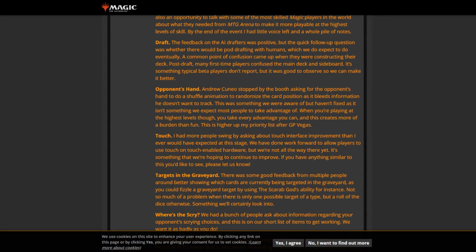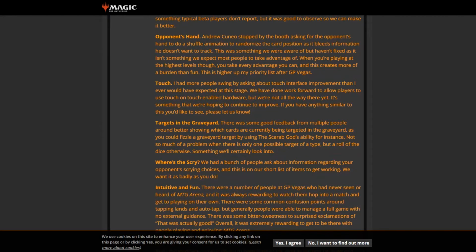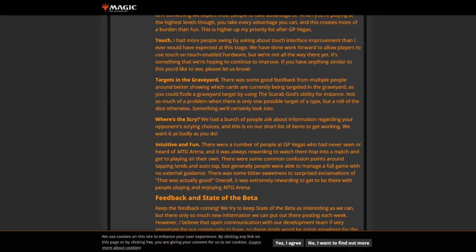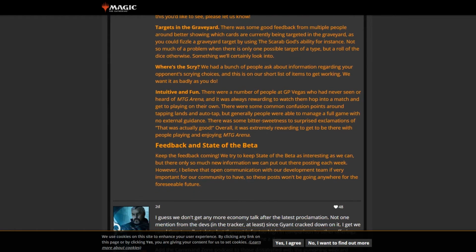Another request that we found interesting, which is not something that we'd actually thought of previously, was the request for opponent hand shuffling animations, so that they would bleed less information. Now that is something that seems to be a request from a much higher level of gameplay than what we around here are accustomed to, but nonetheless, it is still a very interesting insight into the way the game is